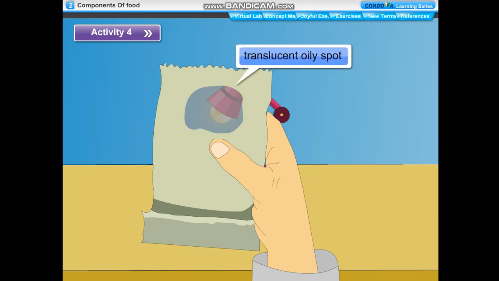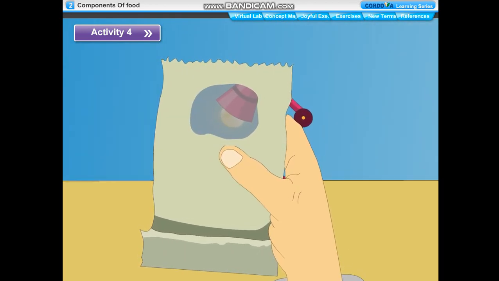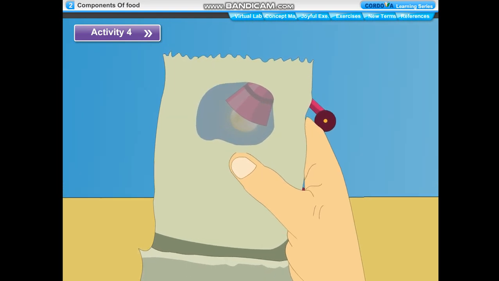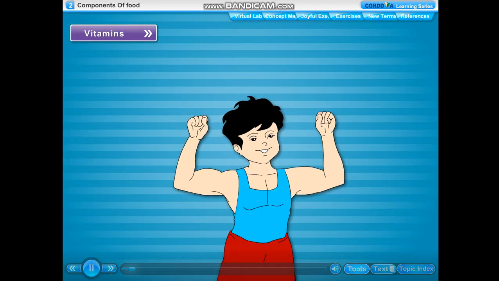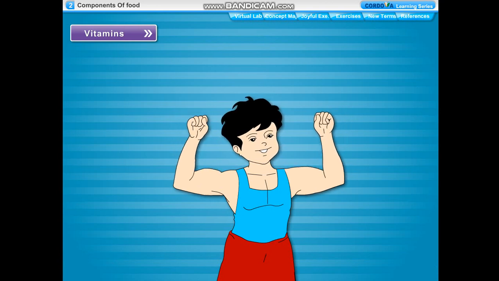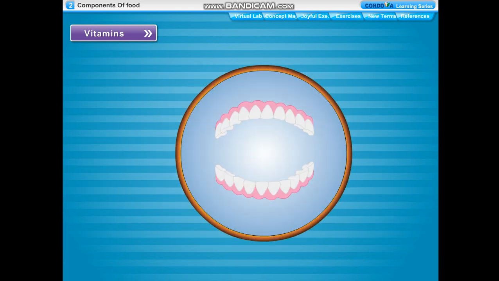Observation. We can see an oily patch on the paper. We are able to see the light faintly through this oily patch, making the paper translucent. The appearance of the translucent oily spot on the sheet of paper shows the presence of fat in the given food sample. Vitamins. Vitamins are essential nutrients required in small quantities for normal growth, good vision, healthy teeth, gums and